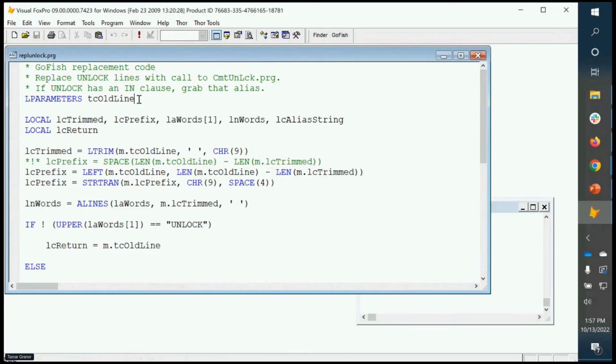It receives the line of code. It cleans it up a little bit, figures out what the prefix is. And because the standard for this project is spaces and not tabs, it actually cleans those up. Why not while we're doing it? And it checks: if the first word of the line it receives is not unlock, then we don't want to process this line, and we should just return the old line. Otherwise,